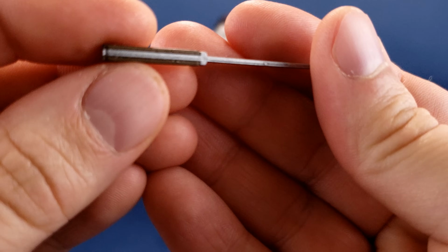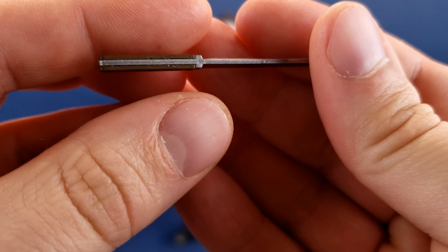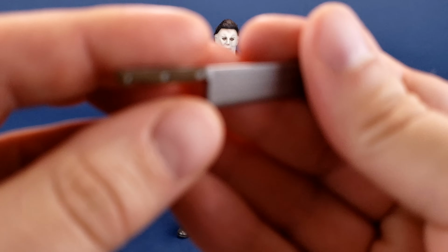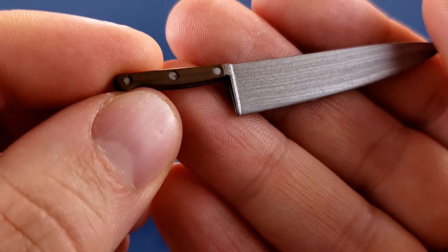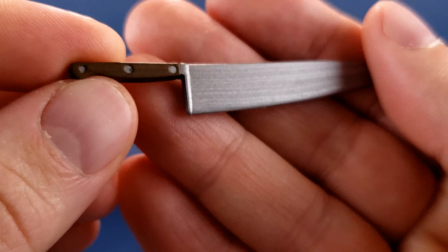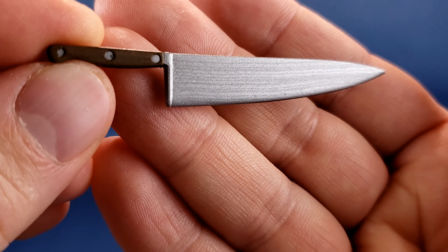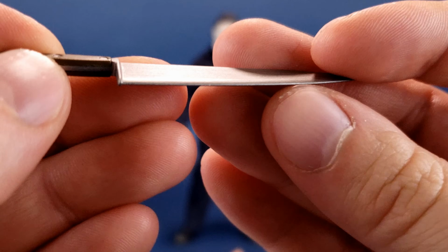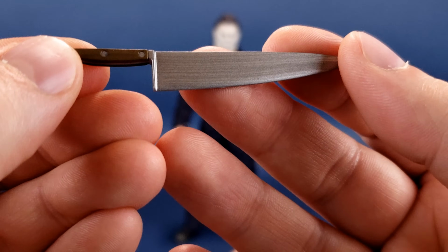The detail touches that I do like is that they did sandwich the blade of the metal in between two halves of wood, or at least the next best thing, the plastic that you can see right here. Nice riveted points that they put in there as well. They did add a wood grain to the handle, and they did add some additional brush strokes to the blade, just to add a little bit of extra pizzazz. But it is, like I said, done in plastic, so you will want to be careful putting this into